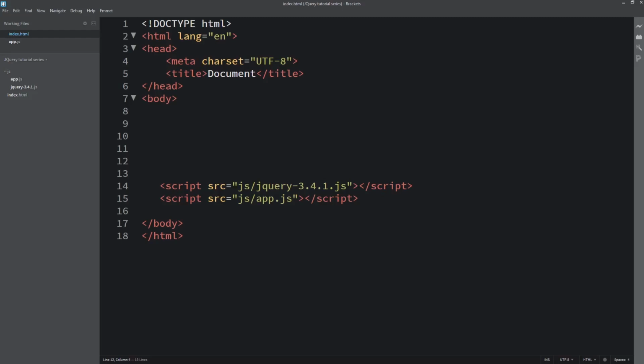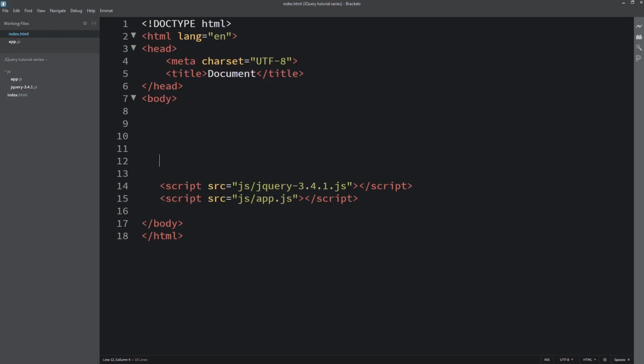That is a very, very bad mindset. If you learn jQuery, it's very important for you to learn JavaScript too, because jQuery is just a JavaScript library. There are many other libraries like that, and if you don't know JavaScript, you will struggle.